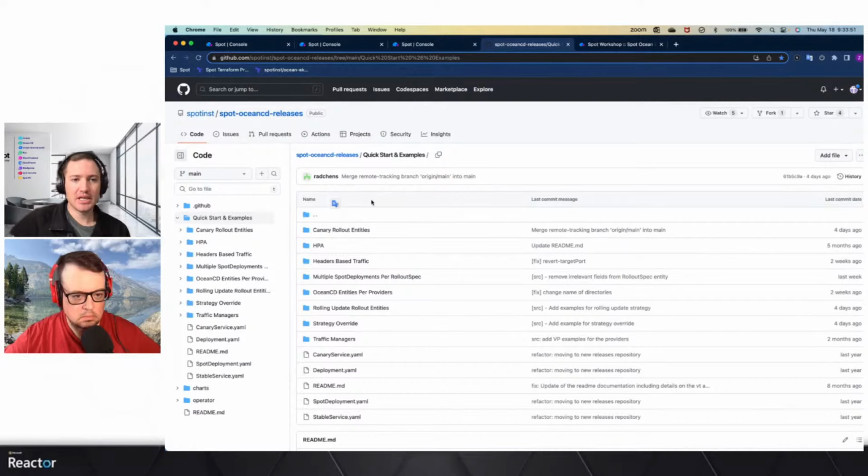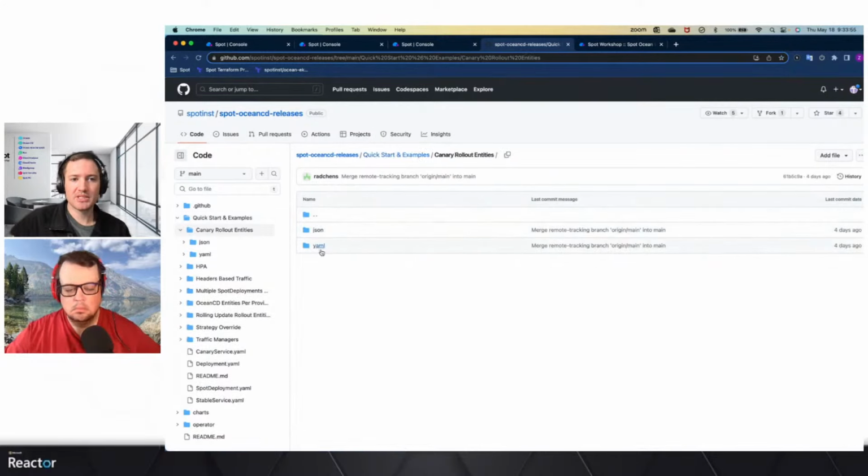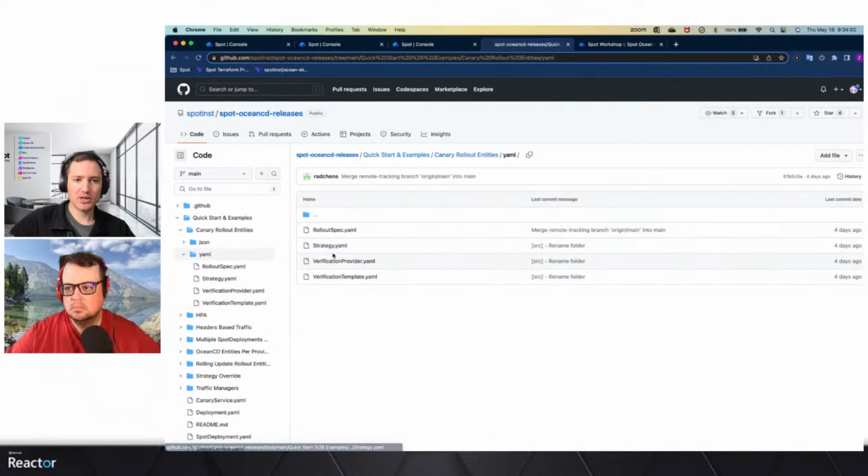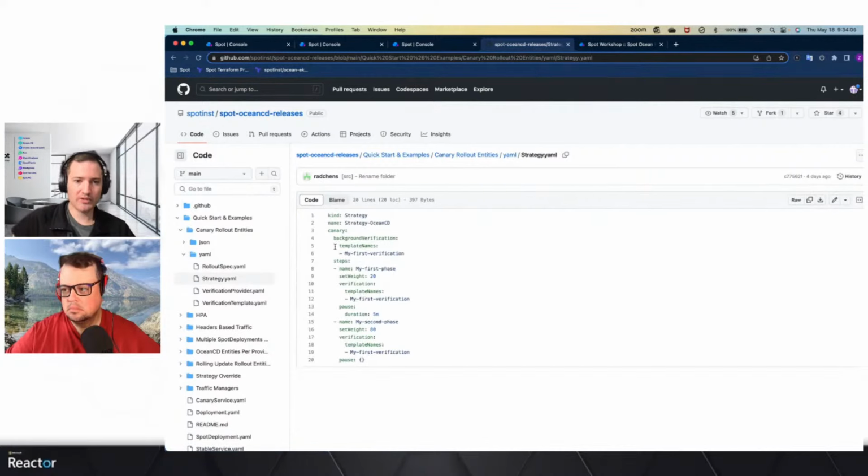So let's say you're looking for Canary deployments, depending on whether you want to use our CLI or API, you can click into this and we'll provide you with a bunch of these different templates depending on what your use case is. So chances are we'll be able to give you a template based on whatever setup you're using. And of course, that's what our team is here to help our customers with.